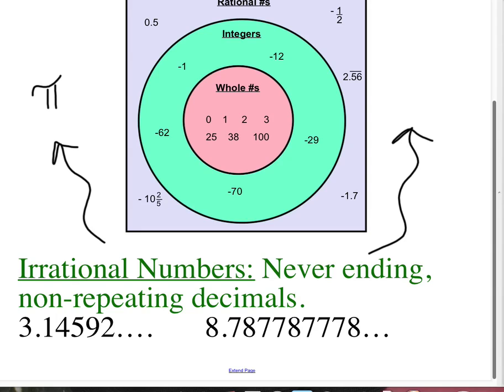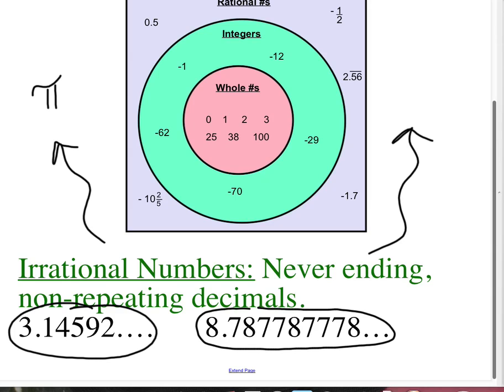So I have some examples here, right? There's that beginning of pi, 3.14592, and it just continues and it never ends. Here's another irrational number. It does not really have a repeating pattern because it's